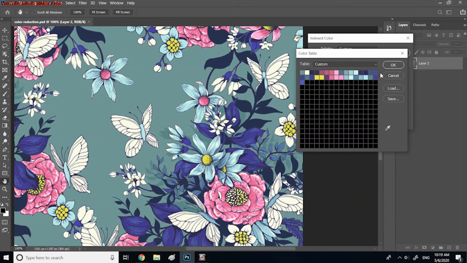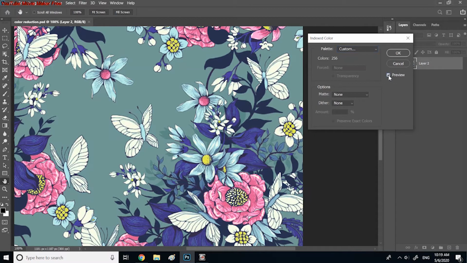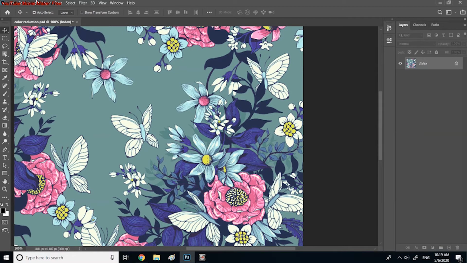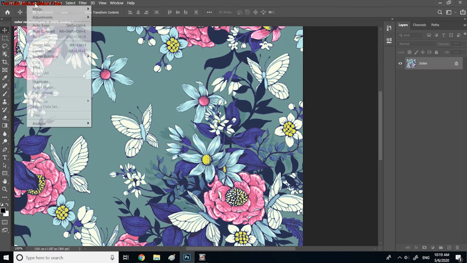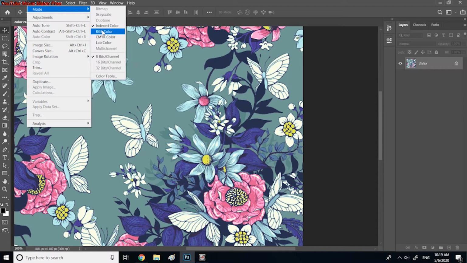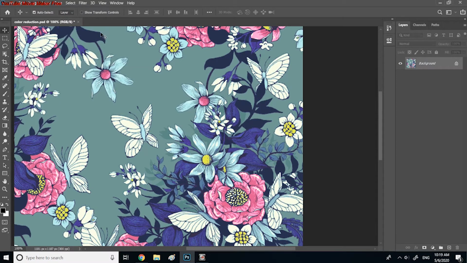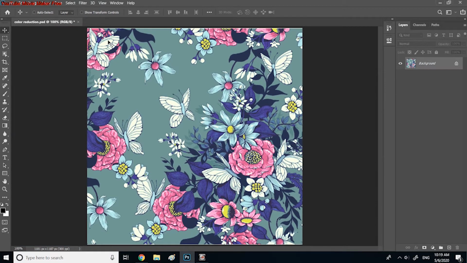Okay, this time I feel really satisfied. Click OK, keep the preview on and select OK. Now select Image from the menu bar, then select Mode and RGB Color. Again, go to Image,